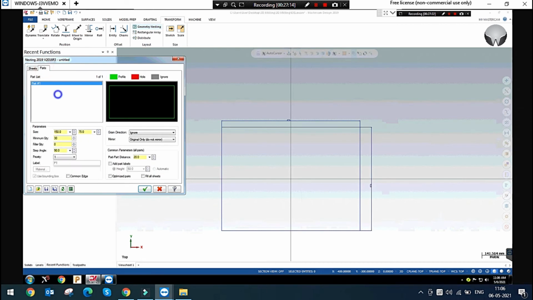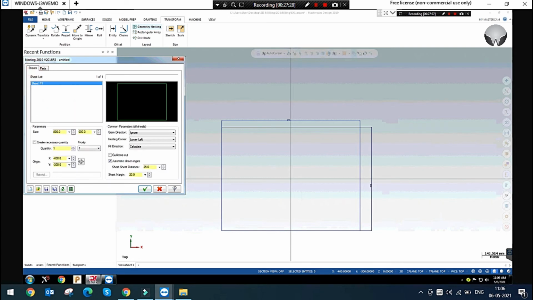In this case, you can add multiple parts here also. This is one part, and you can add another rectangle or chain parts, parts from files or other folders. I'm just giving OK.